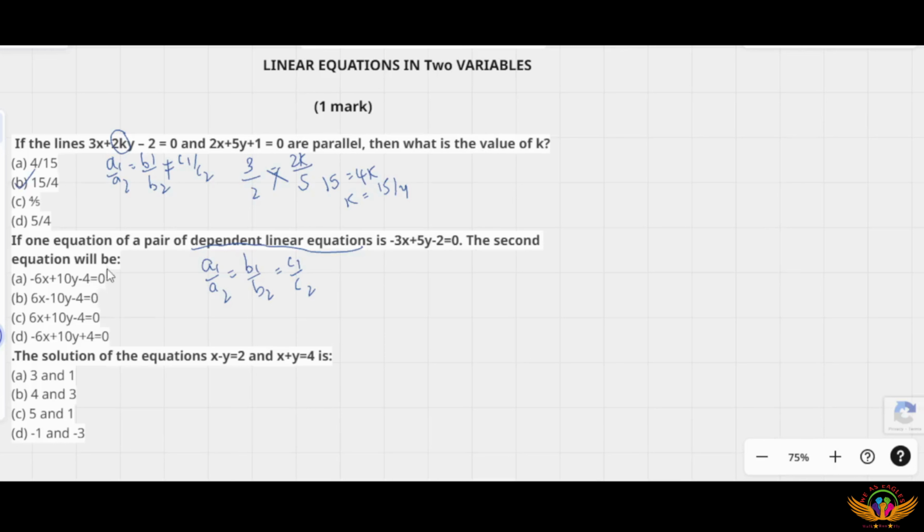Yes, it is also 1 by 2. Hence, option A is the answer. No need to go for the remaining options. Next,